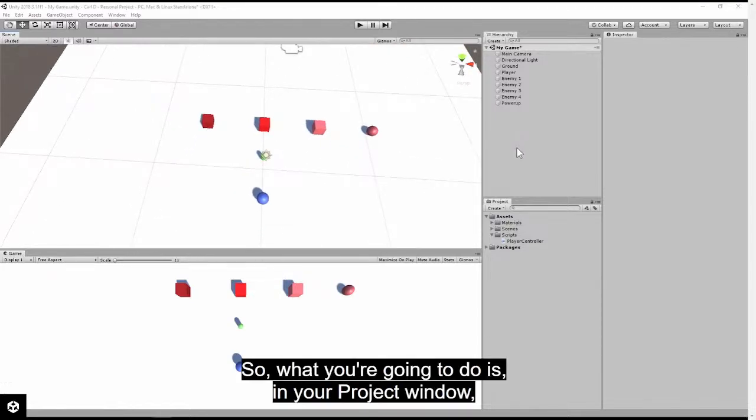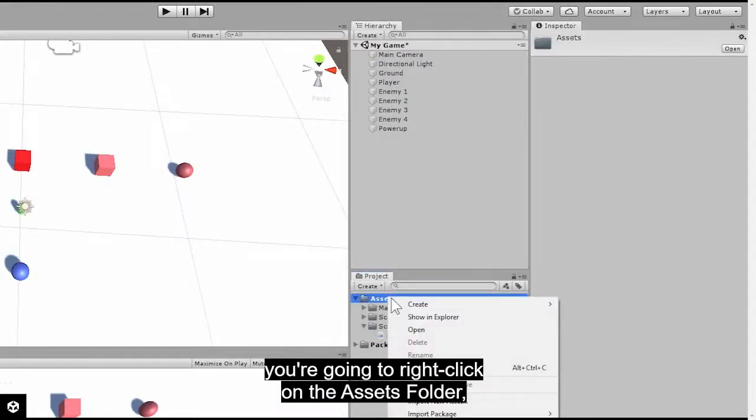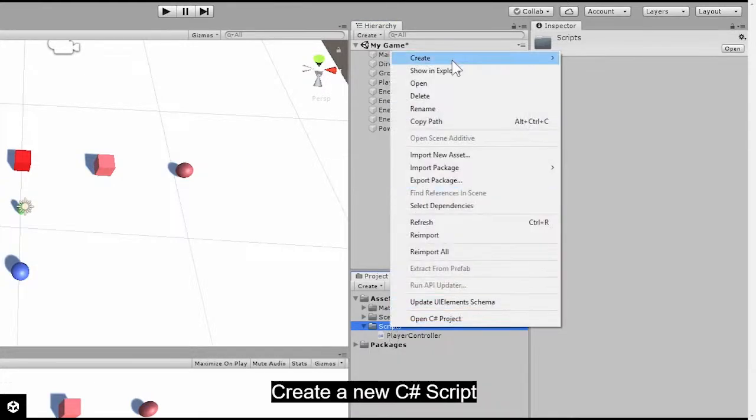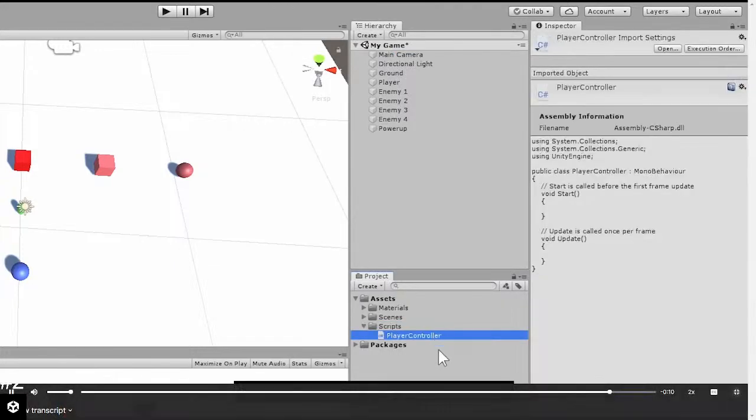So what you're going to do is, in your project window, you're going to right-click on the assets folder, create a new folder, and it'll be called scripts. So that's where we'll store all of our scripts we make. And then in our scripts folder, we're going to right-click, create a new C# script that will be our player controller, and then we'll drag and